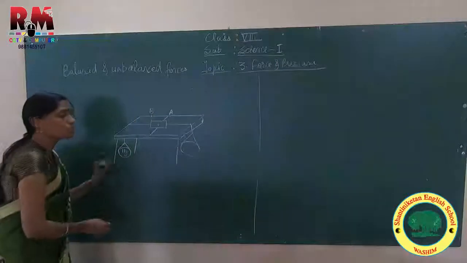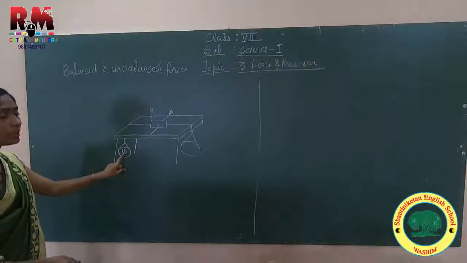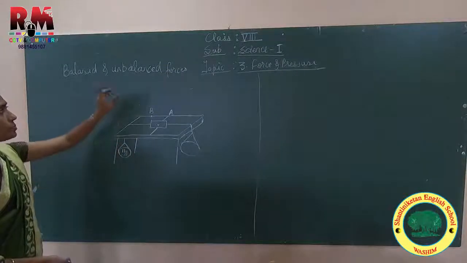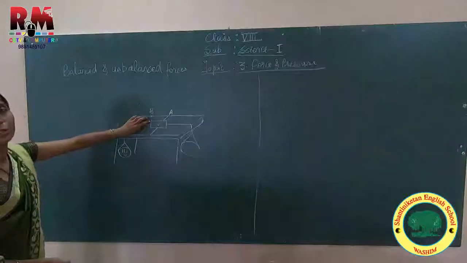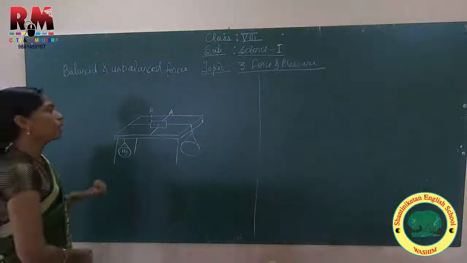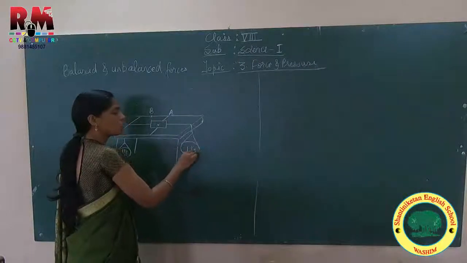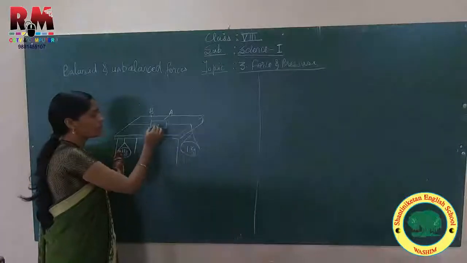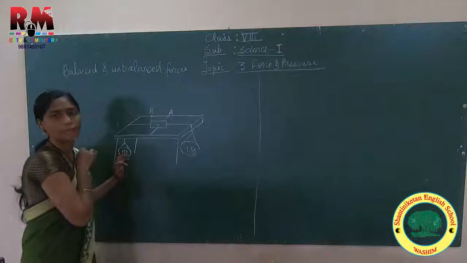Okay, so this force is said to be unbalanced force. Due to weight, and weight is nothing but force, the object will move from its position, which gives you an idea about unbalanced force. Now, after this, again I am putting 1 kg on the next pan. So here 1 kg, here 1 kg. What will happen? Again this box will come to its original position A.